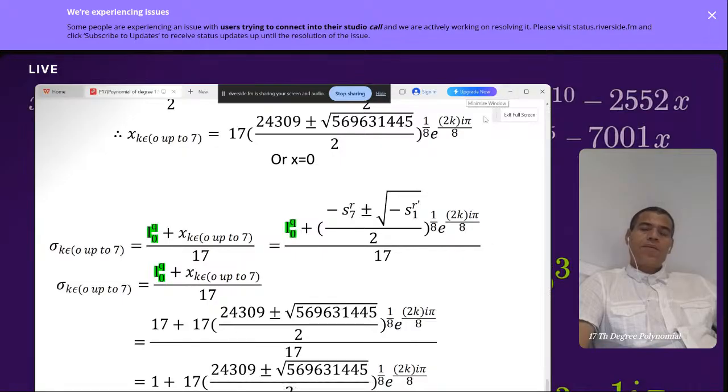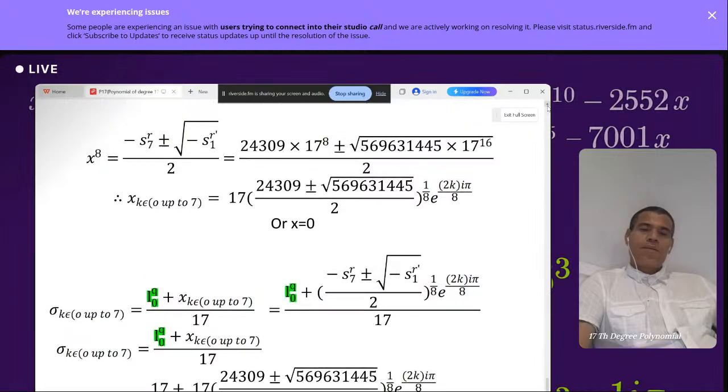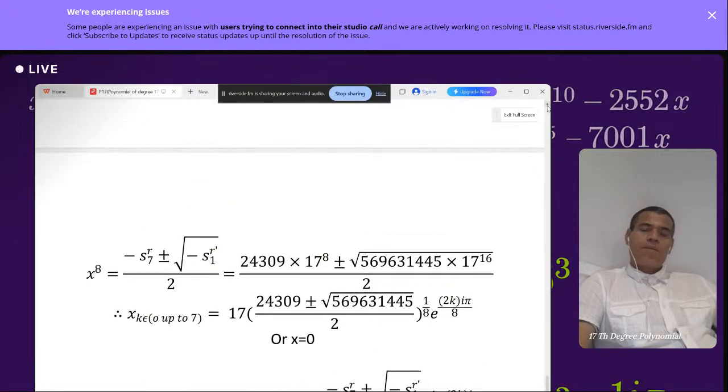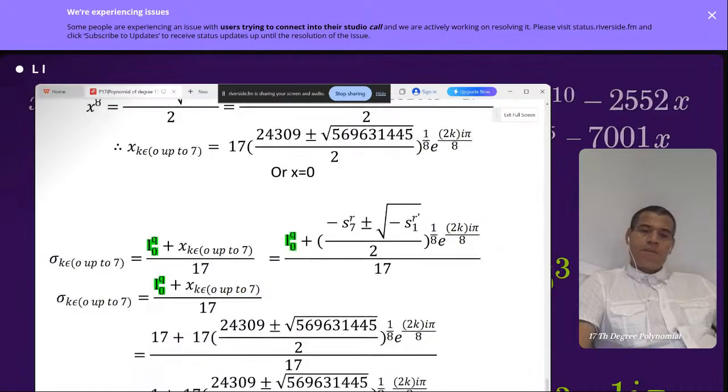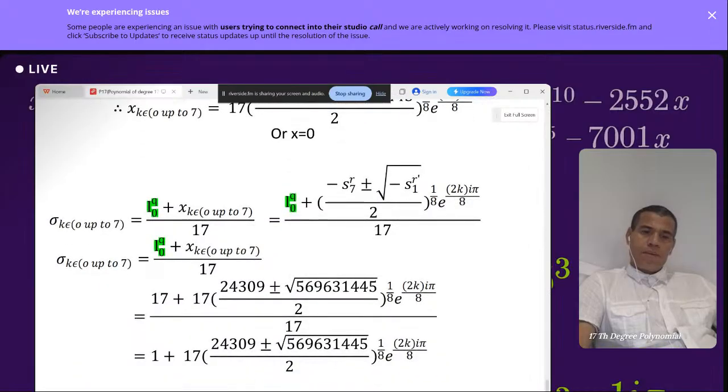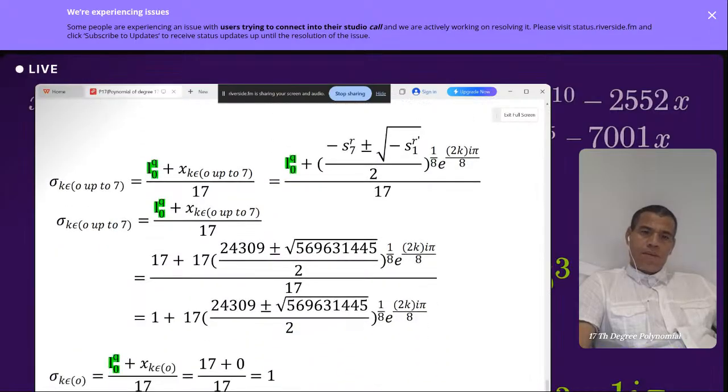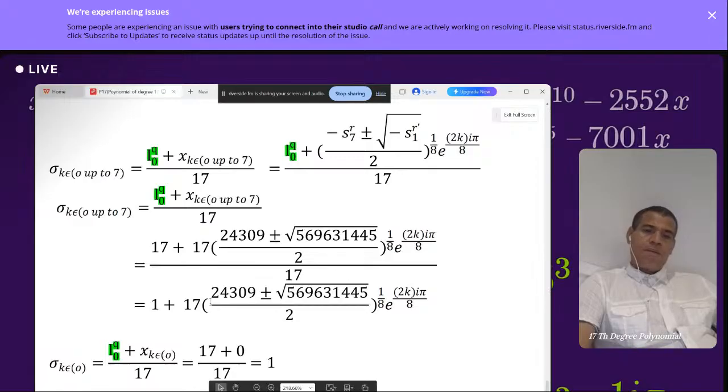So the 8th root of the first value gives 8 roots for x, and the 8th root of the second value gives another 8 roots for x. That's 16 roots. 16 roots from this quadratic part plus the x0 root we found earlier. That's all 17 roots, and they're all expressed exactly using radicals and potentially complex numbers derived from these symbolic values. Correct. The source likely expresses them using complex exponentials, which is the standard way to write complex roots precisely,